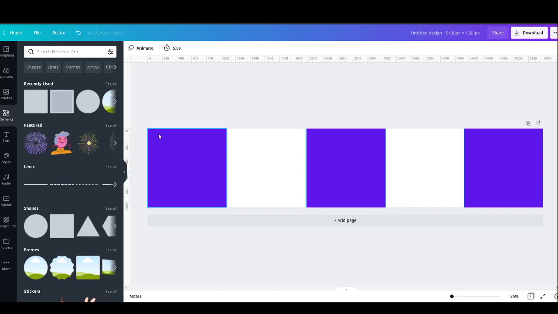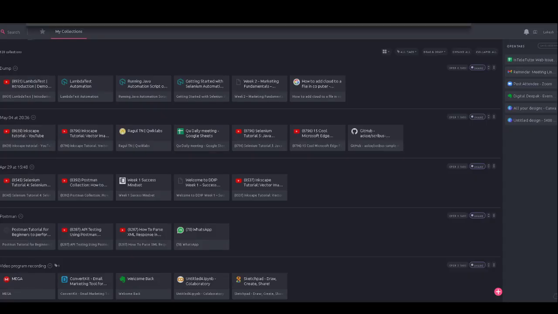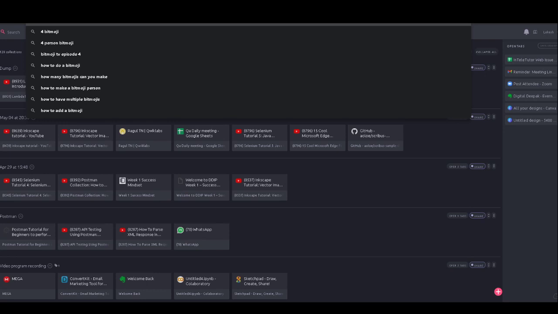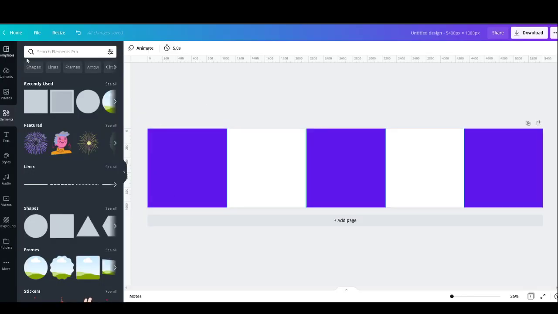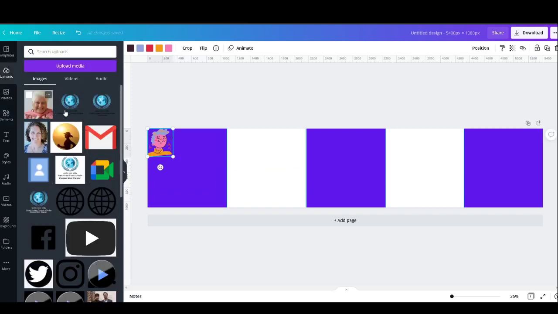images to the front. There is the Bitmoji website, which is very popular nowadays. Here you can have a look at it, and you can draw, you can add your own personal image, and you can add a background itself. And not only that, you can add many features. This is a background-free image, so if I want to attach something, we can add it and upload whatever images I have added.